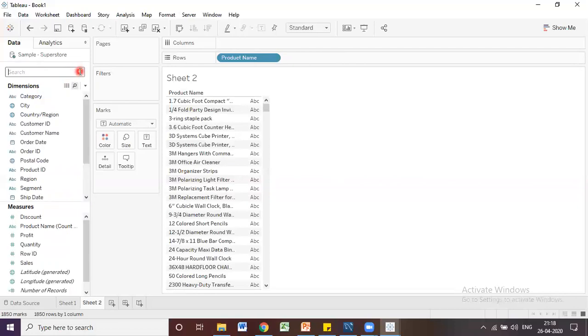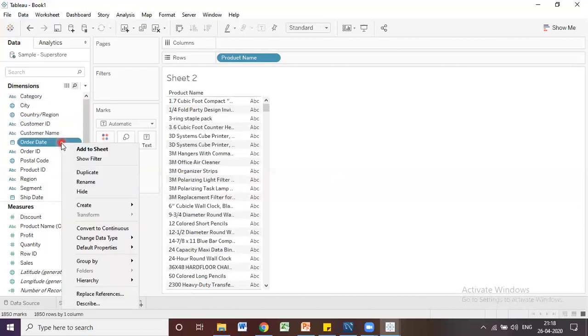For example, I want to keep all the date fields into one folder. I am going to create a folder here. Now, how to create a folder? Now I am going to select order date or any one. Let's right click on it and go to the group by option.